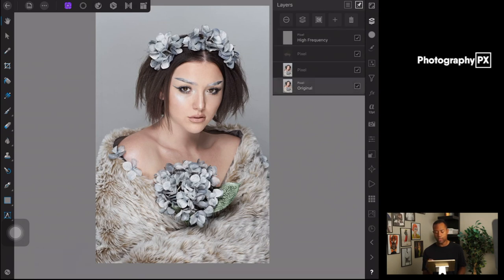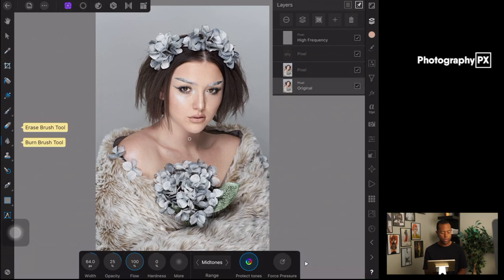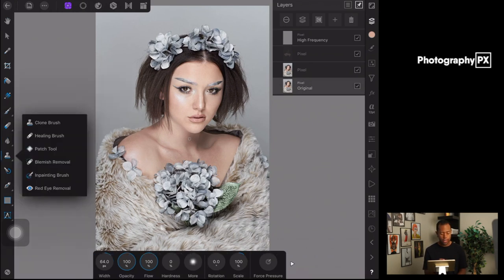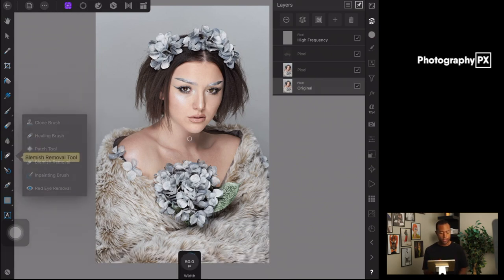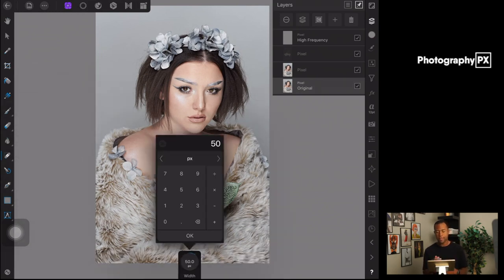What you're going to be doing is not touching this high frequency layer. You're just going to specifically go down to the original. And then you're going to use the Blemish Removal Tool, which is over here in this cloning and healing selection, blemish removal, and we're just going to be adjusting the width down here from 50 to 75